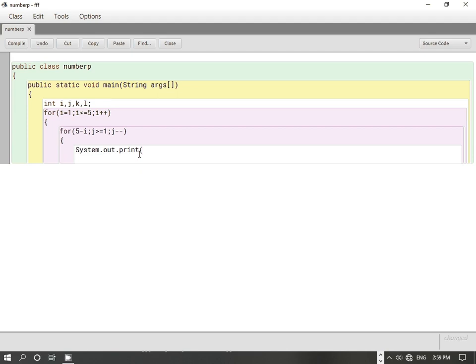So println we will write at the end. When we complete the one task of the complete row, then I will write println. So here we will write print, and this is to provide the blank spaces. So this work is also done. We have created the number of rows, we have provided the number of blank spaces. Now we are going to print the left hand side triangle.